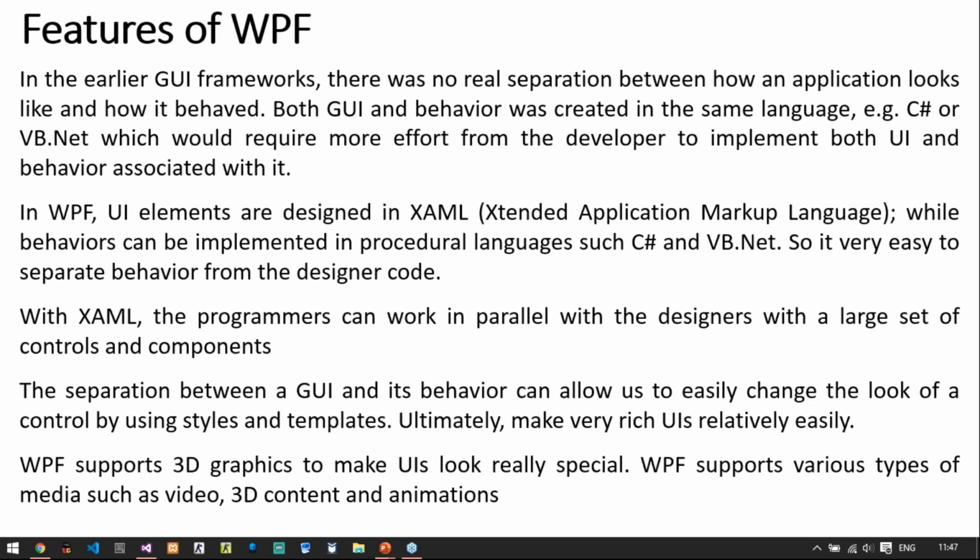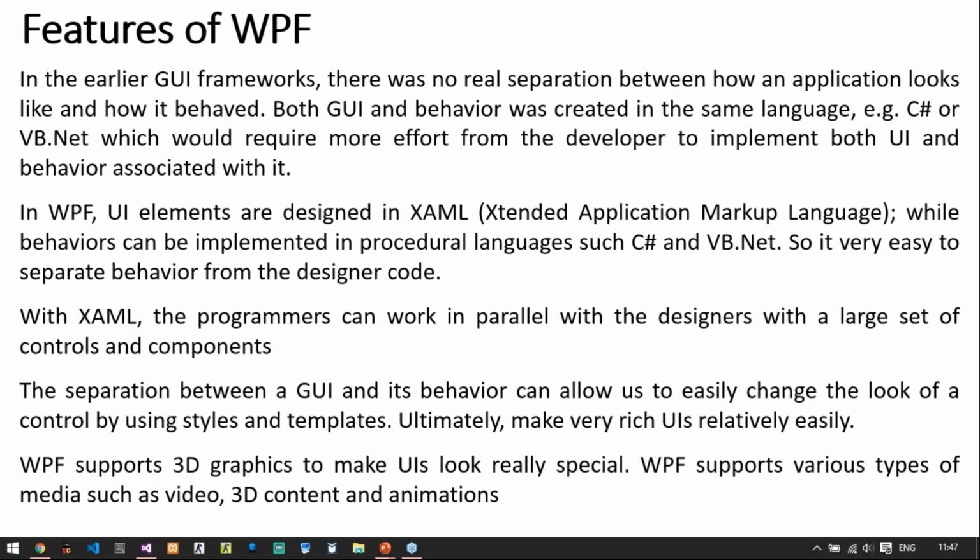Next, UI elements are designed using XAML in WPF. XAML stands for Extended or Extensible Application Markup Language. Now you have learned HTML in your WT subject, right? So similarly, like HTML, WPF uses the XAML markup language.